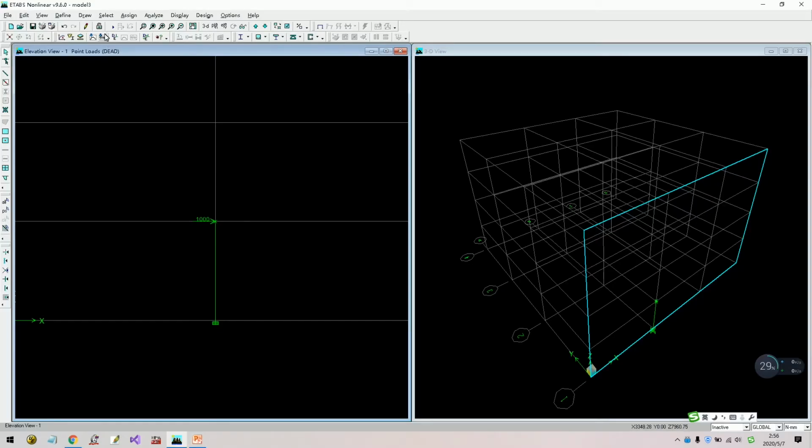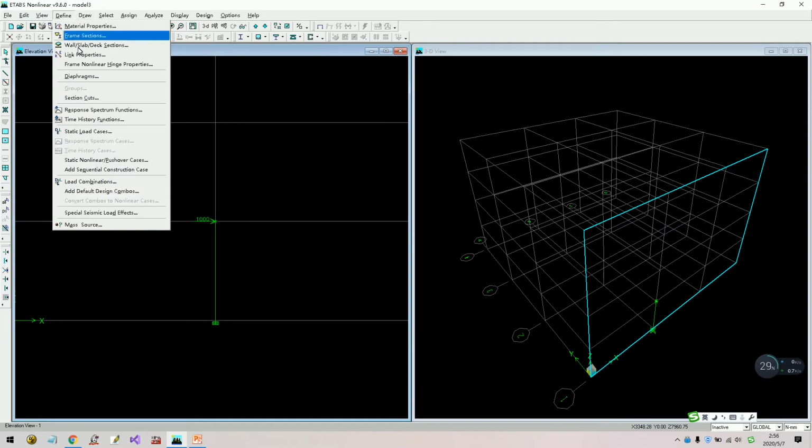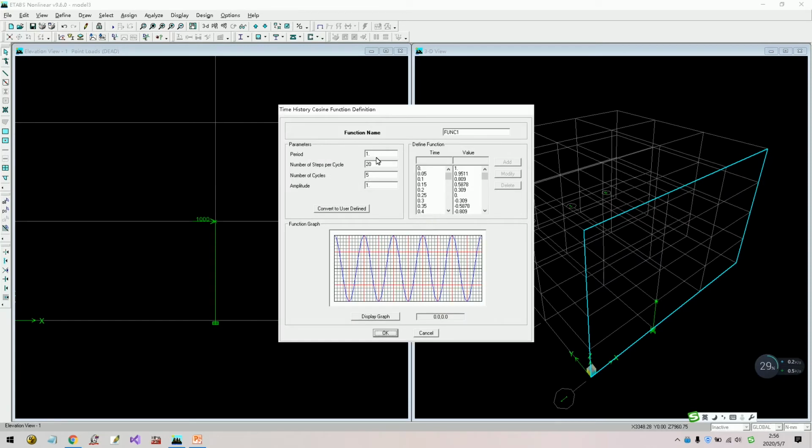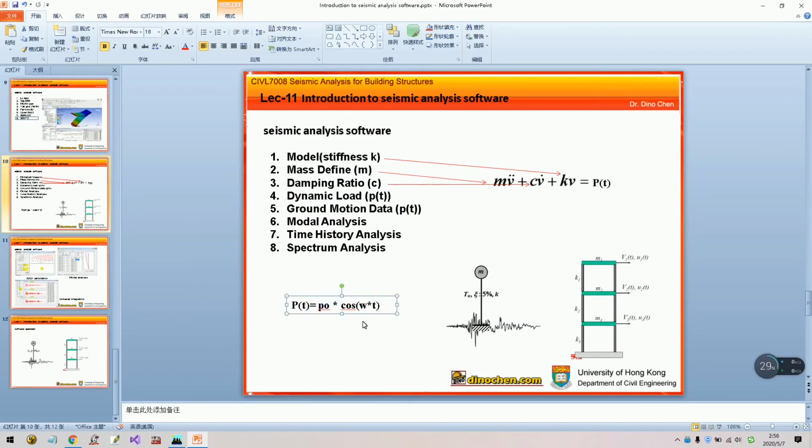Okay, and this is the loading of the P0, and you need to define the function of the cosine omega t. So we transfer to here. We define the time history function, and you can see cosine and sine is here. So for example, we need to define the cosine function, and you need to input the period. So period, you can see here, we need to input this omega, but actually most of the software needs you to input the period. So period equal to